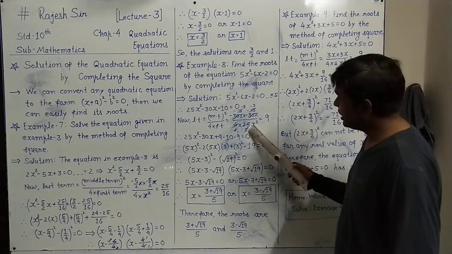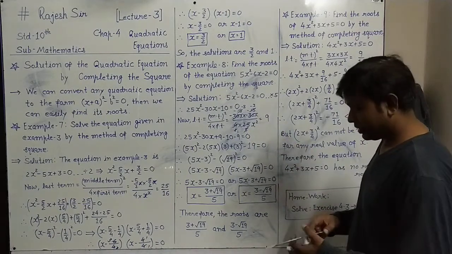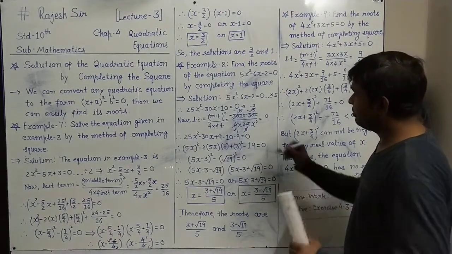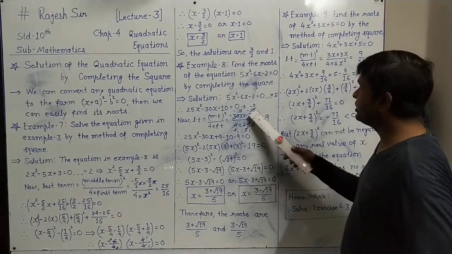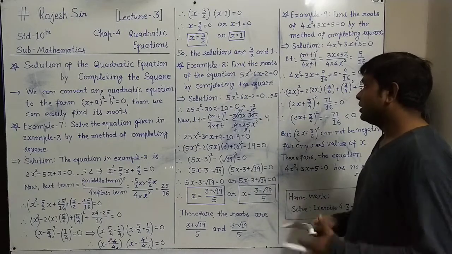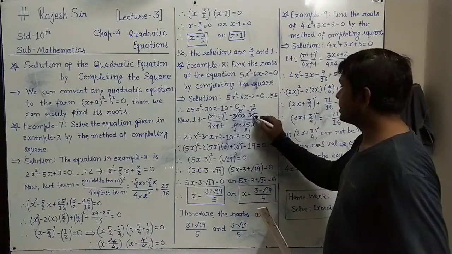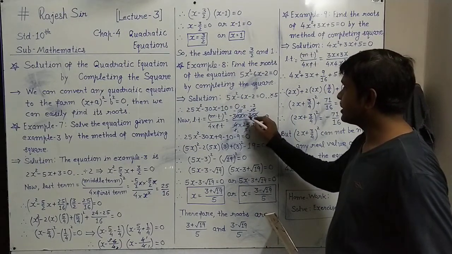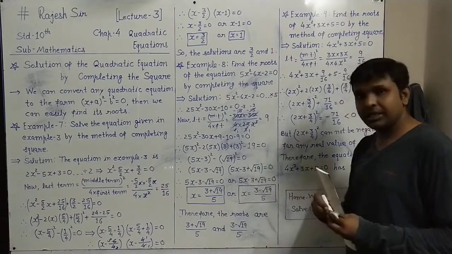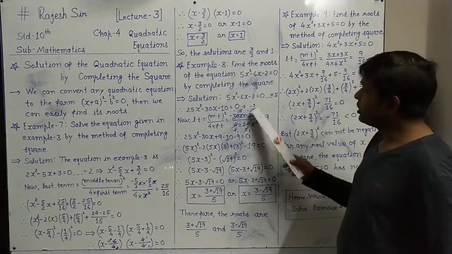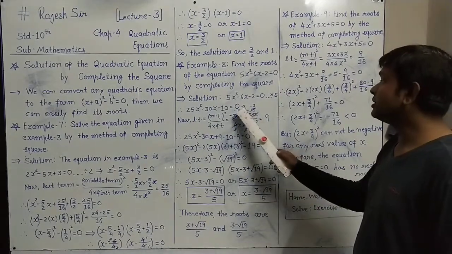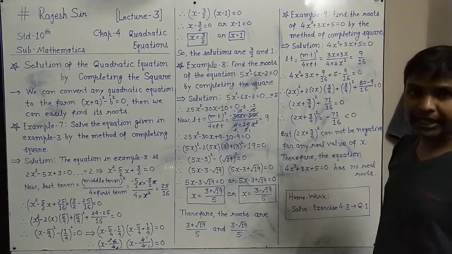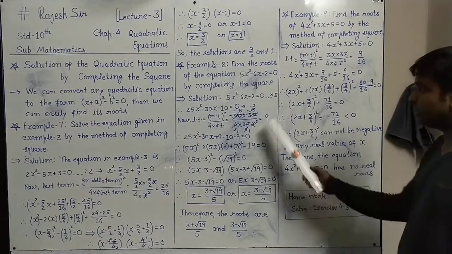Similarly, this 5 can be cancelled by this 15 now, so it will be 5 1s are 5, and then 15 will be 5 3s are 15 with minus sign. Now what about x? So one x is cancelled by this x, and the second x cancelled by this x. X also cancel everything. What is remaining overall? Only minus 3 into minus 3 up there remaining. Minus 3 into minus 3 will be 3 3s are 9 plus 9. So our last term is 9.